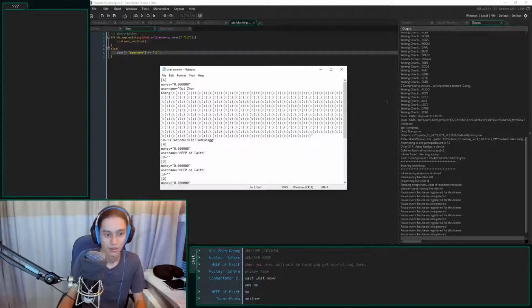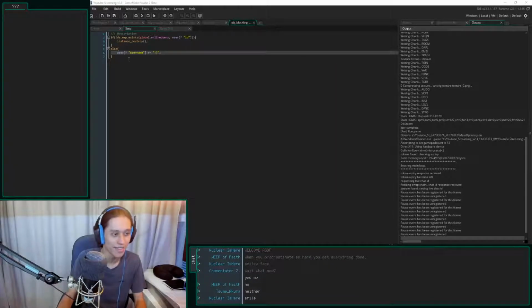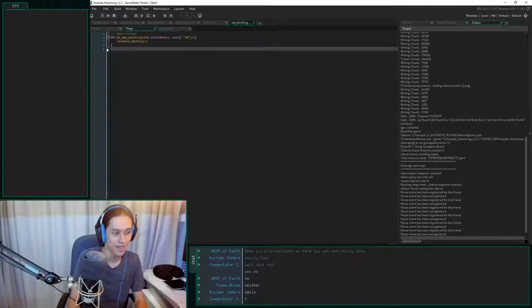Wait, what now? Please pop up. Why didn't you pop up? Someone didn't pop. Oh, wait, it popped up for a very brief moment. And then it disappeared. Well, that's unfortunate. Okay, I think that broke it. Let's not do that. I think that officially broke it. That broke whatever I was working on.